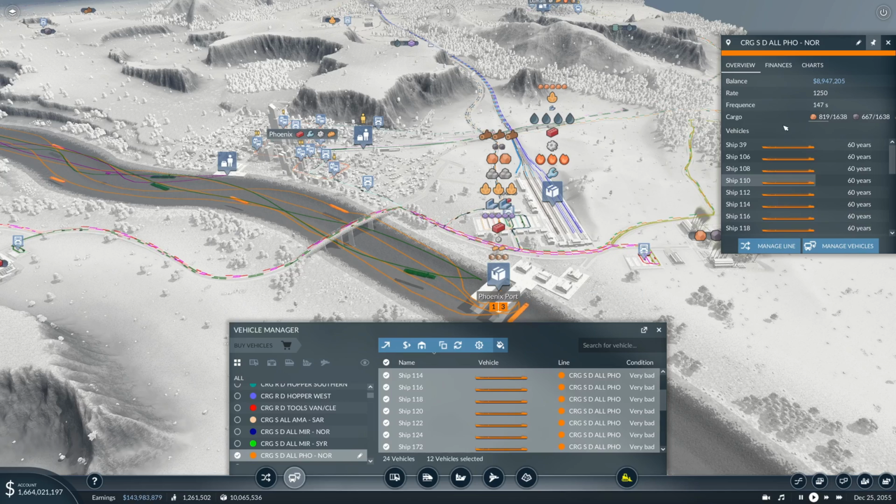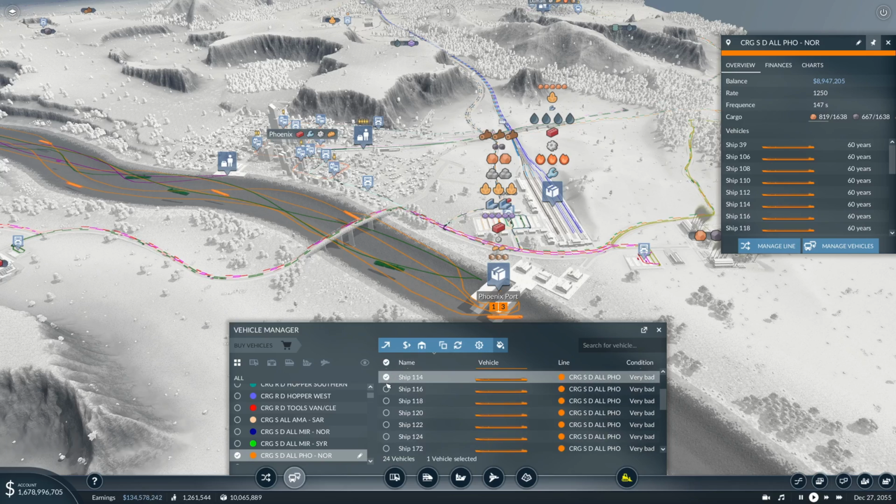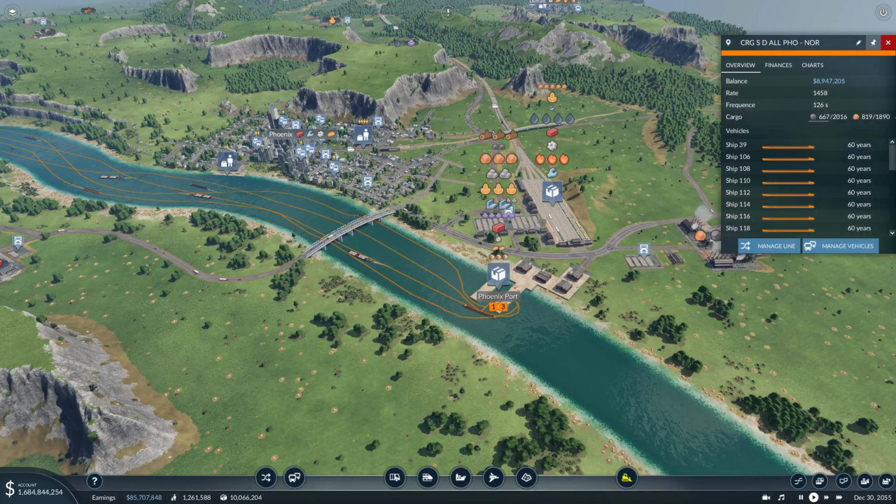Now, 24 vehicles, a rate of 1250, frequency of 147 seconds. We can get a few more on here. 136 seconds, so 126 seconds, that's fine. Right, so that's that. Then